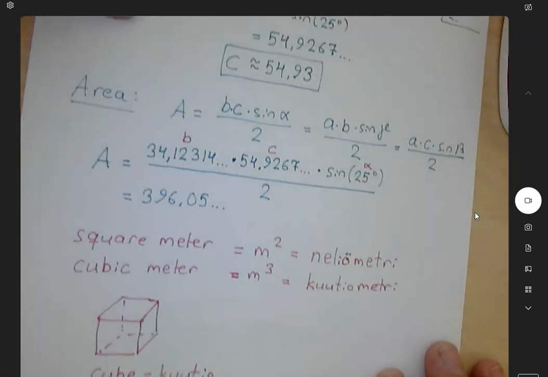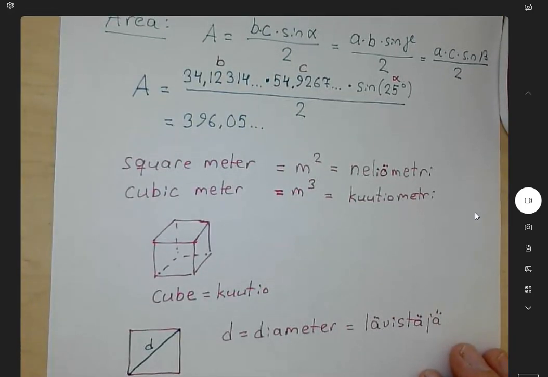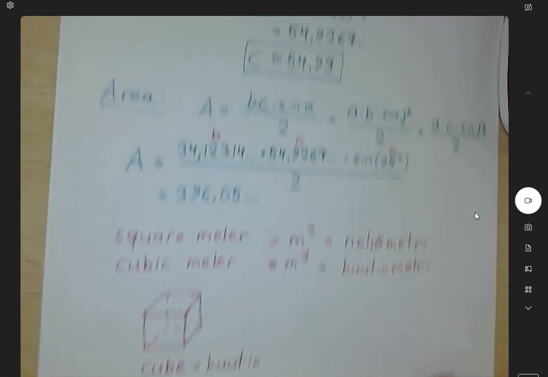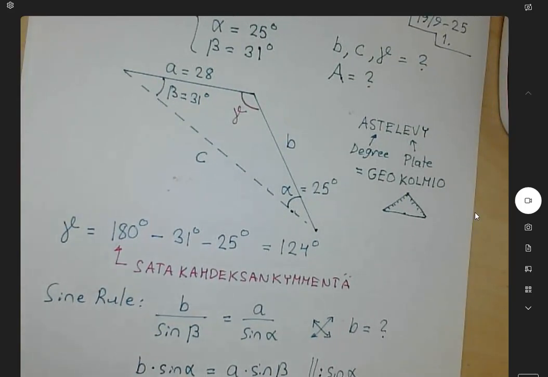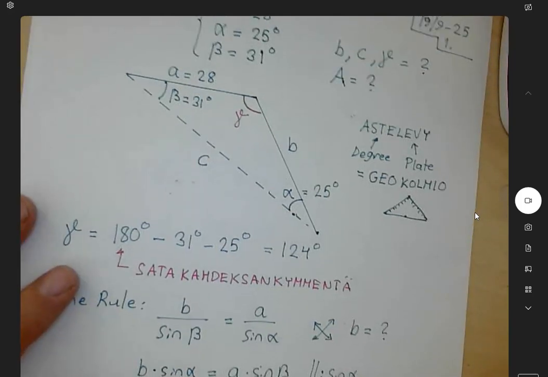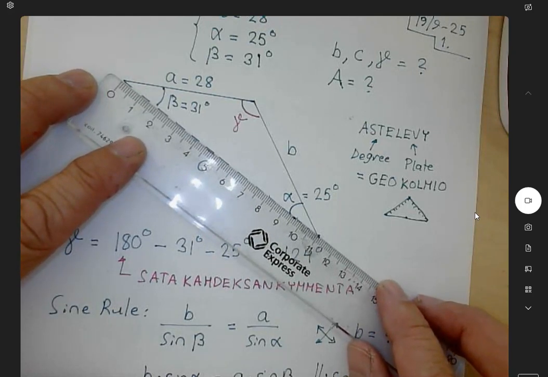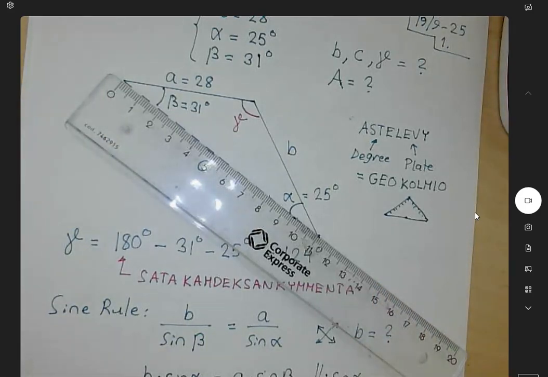We got this area here, pinta-ala, about 400 if we round that roughly. We could also check it from this picture, if I remember that I had the lengths doubled, the sides of the lengths doubled there, so I get here it is 110, so divided by 2 it is 55,